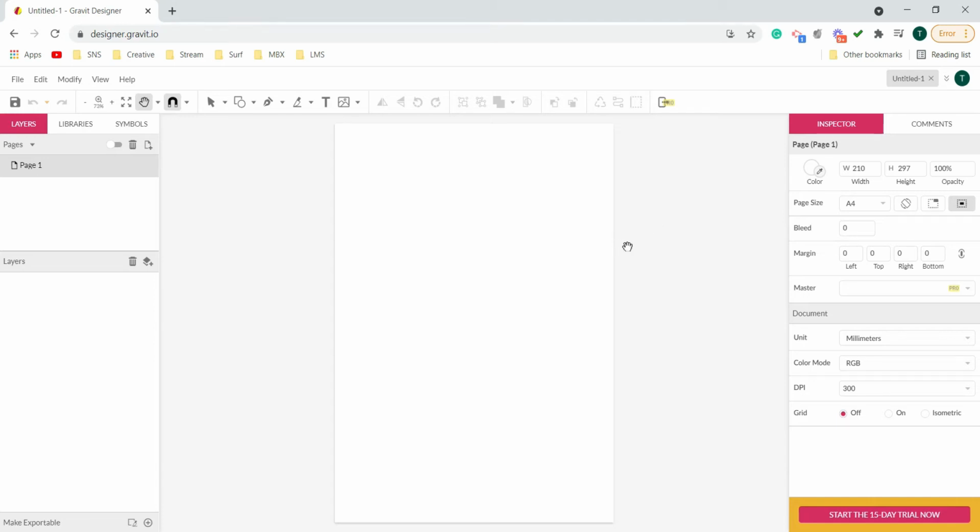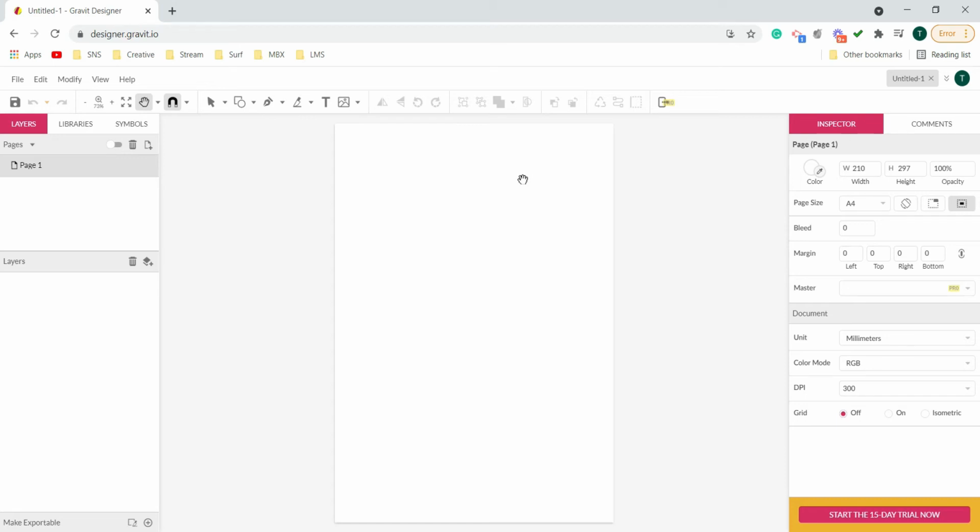Now before I create the visiting card, let me tell you one thing which is quite important: visiting cards are made in a specific size, and the size is 3.5 inches in width and 2 inches in height. So obviously, a rectangular shape if we are taking it for the visiting card, we need to keep these dimensions. Now to set the dimensions, first we will understand how we can change the units, because